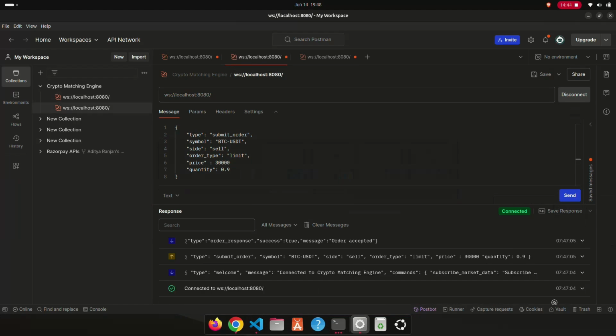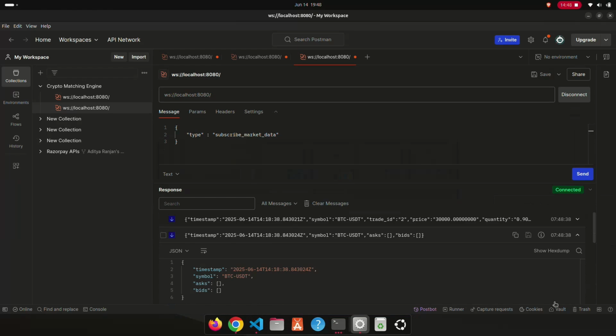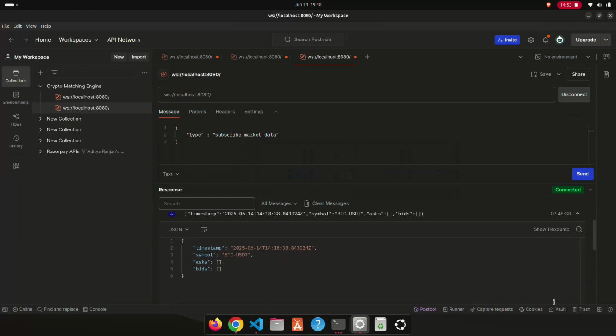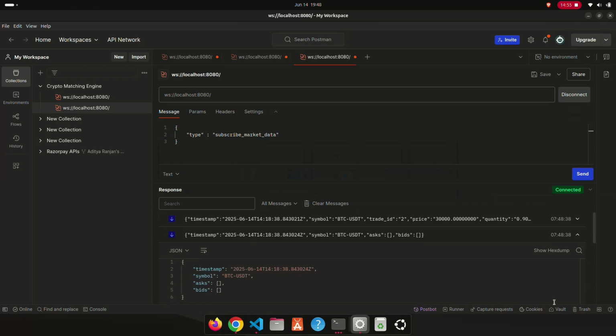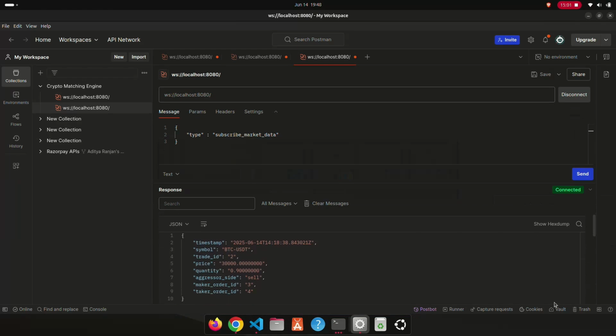Send, send. See, this is the market data. Currently, after the trade has been executed, there are no asks and there are no bids, and in the trade response, a trade with trade ID 2 is executed for price $30,000 and for 0.9